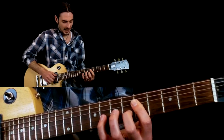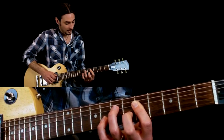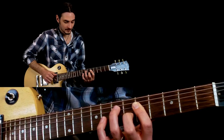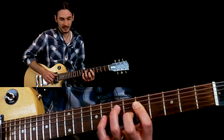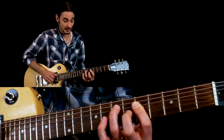just leave your fingers down when you come up this little melodic run. You put your 3rd finger on the 7th fret of the D string. Then you lift your pinky. Now you're playing basically just an F chord. Then you lift your 2nd finger. So